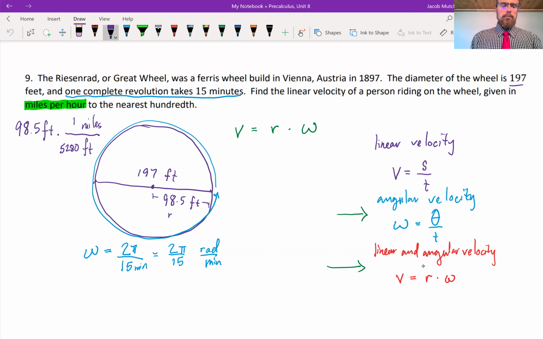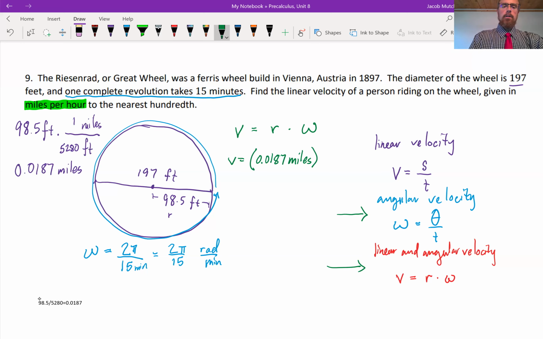So I want to make that conversion here. I'm just going to divide 98.5 by 5,280. And that's going to give me 0.0187 miles. So that's correct now for my radius, and I'm going to start plugging in. So the linear velocity is going to be equivalent to 0.0187 miles